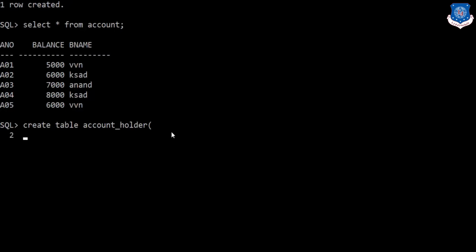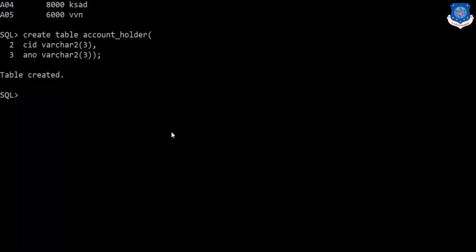Columns of this table are customer ID having data type varchar2 and size let's suppose 3. Then second column is account number having data type varchar2 and size is 3. Table is created.